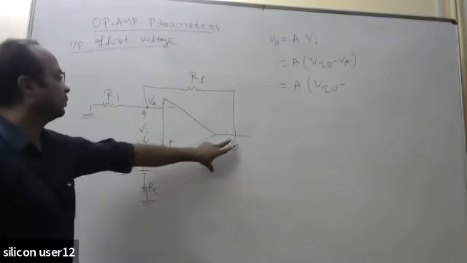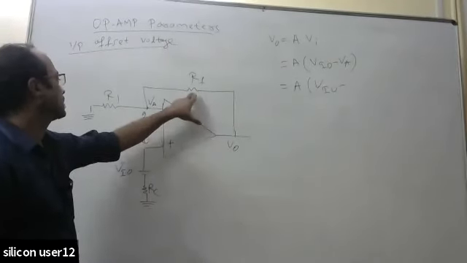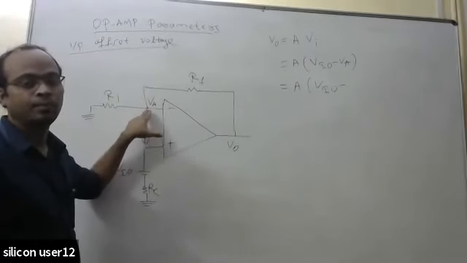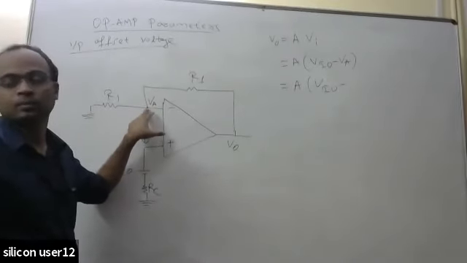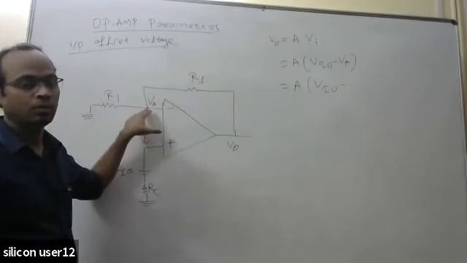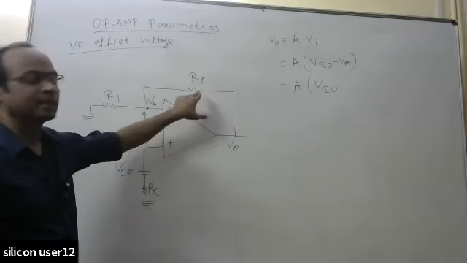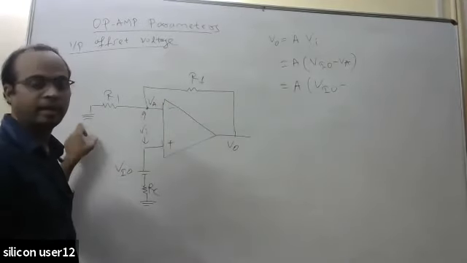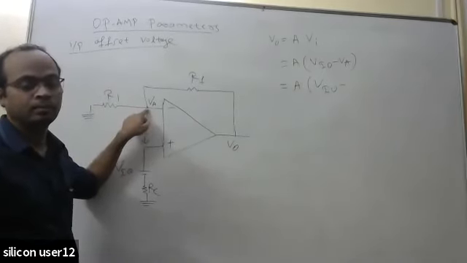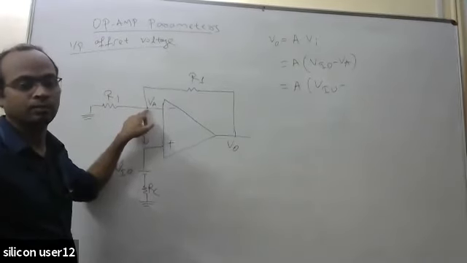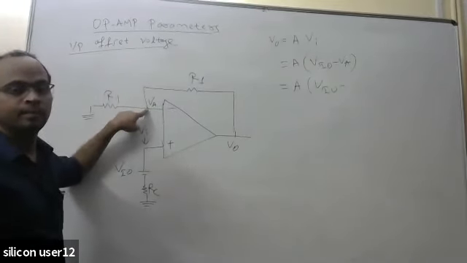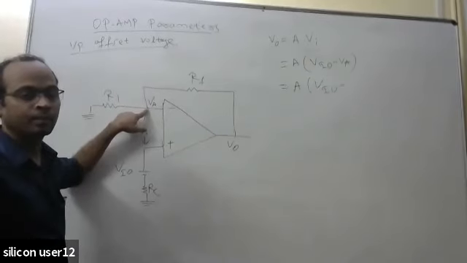Now, in place of this VA you can calculate it and put it in. If this is V0, this one is RF, this one is R1, and this is ground, how much will be the voltage VA here? You can find out this voltage using the voltage division rule. This voltage is V0, and after that two resistances, RF and R1, are in series to ground. So how much will be the voltage VA?